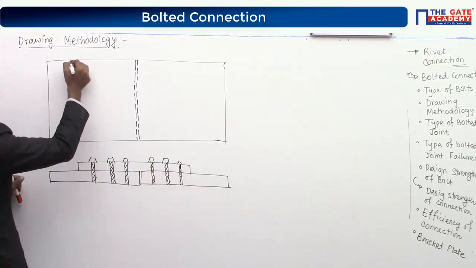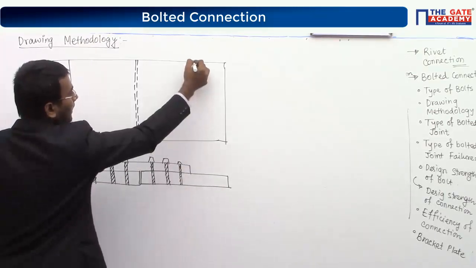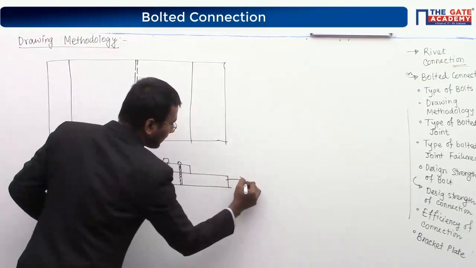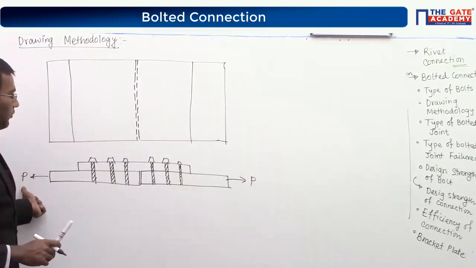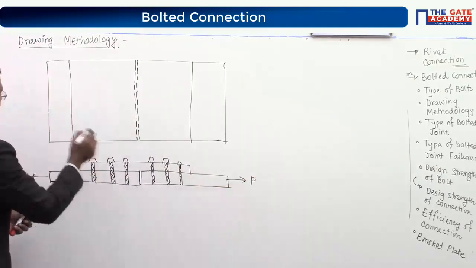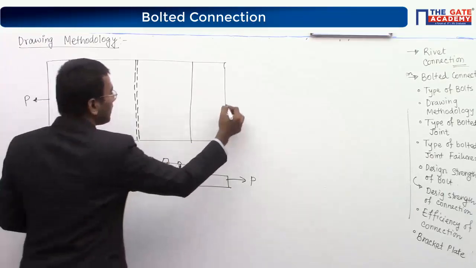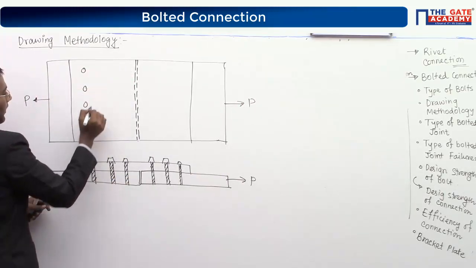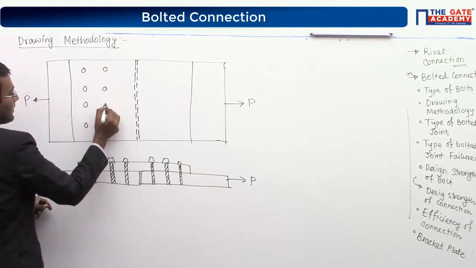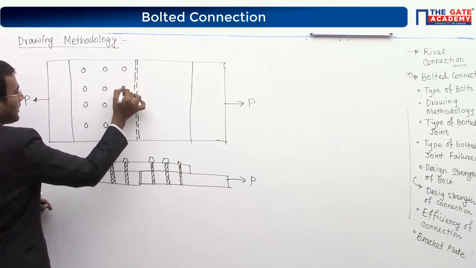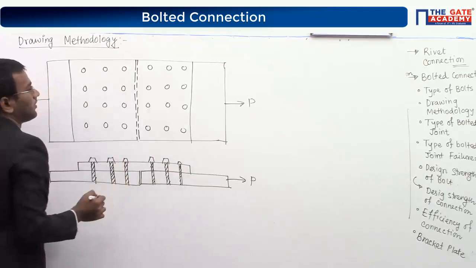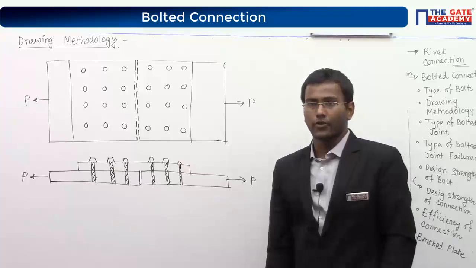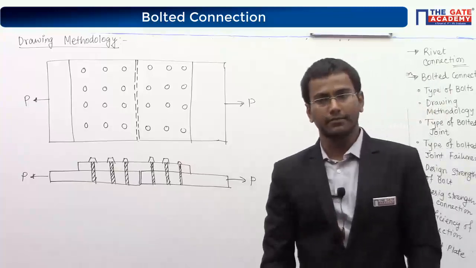So according to the figure, I am applying some pull or tensile force here. Tensile pull is applied. Similarly, for this given diagram, tensile pull is applied here. Let us see, this type of rows of bolts are provided symmetrically. I am assuming right now it is provided symmetrically like this. So some connections I am providing. This is nothing but a butt joint. We are discussing a simple butt joint concept.